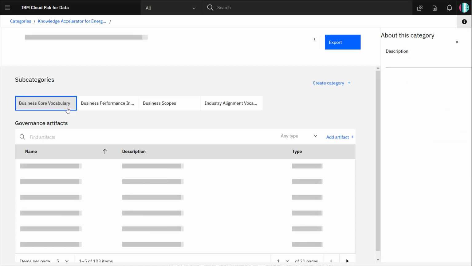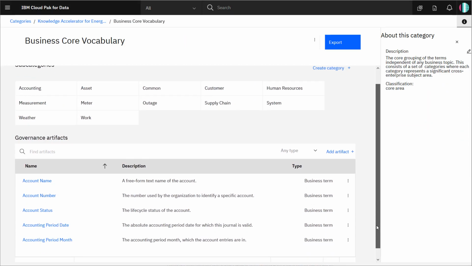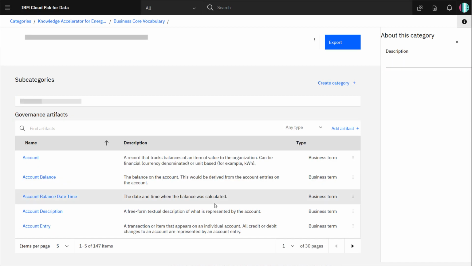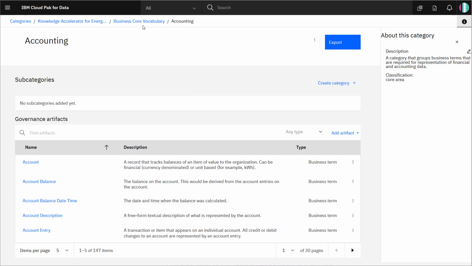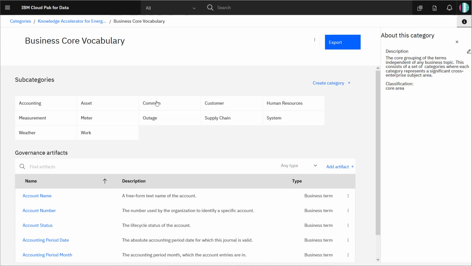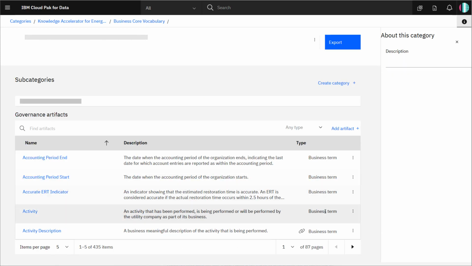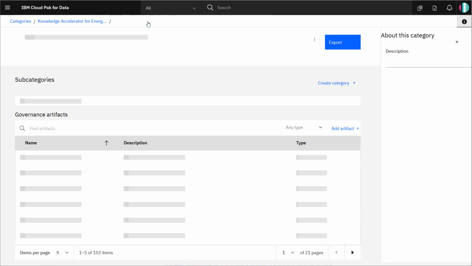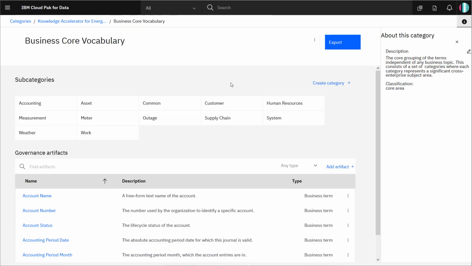This category contains thousands of E&U business terms organized into 12 subcategories. These terms can be used to define and agree the vocabulary and definitions within an organization, and also serve as the target for auto-classification of data sources. This is the core area of the glossary to which all other terms within indicators, scopes, and alignments are mapped